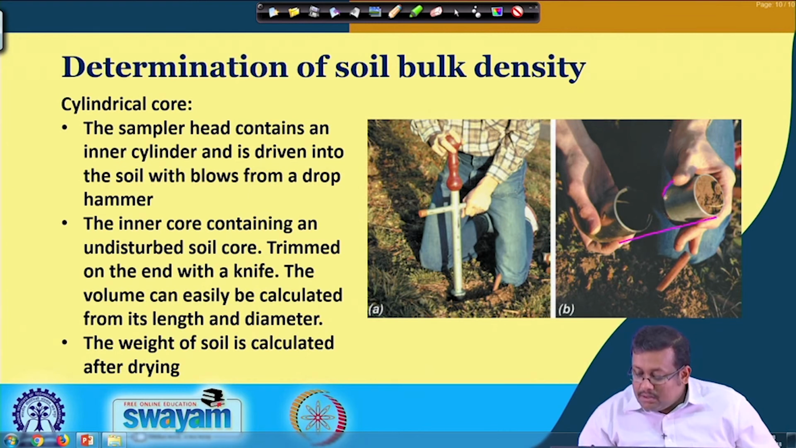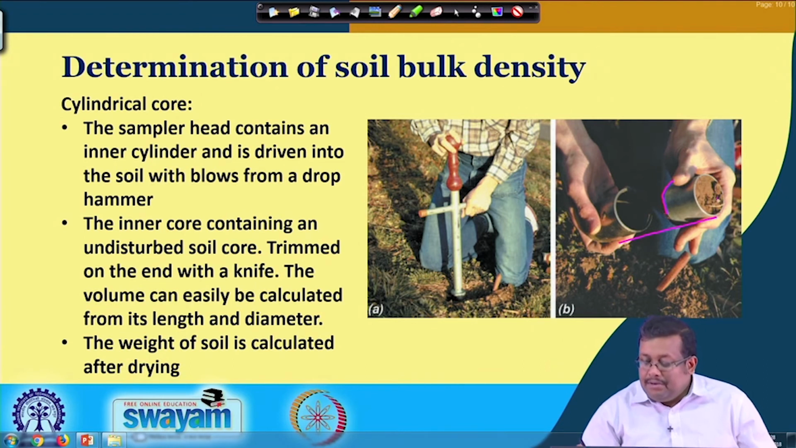This is a cylindrical core, which has a fixed volume. The sampler head contains an inner cylinder, which is driven into the soil by blows from the top with the help of a hammer. The inner core contains an undisturbed soil core, and generally we trim it on the edge of